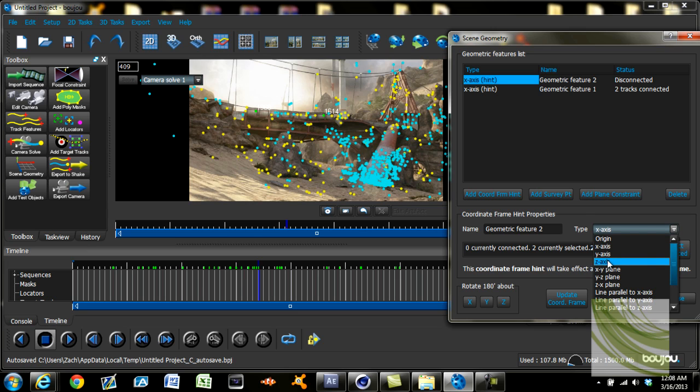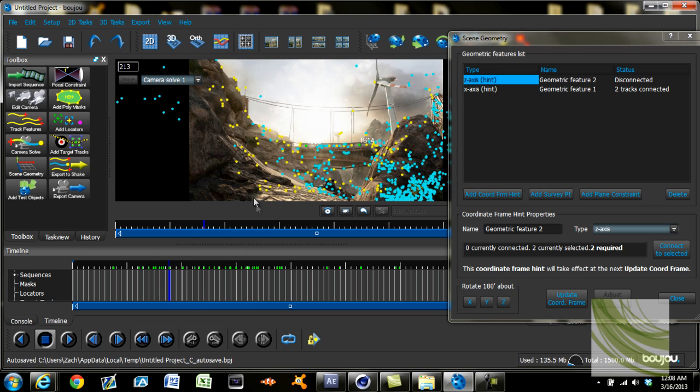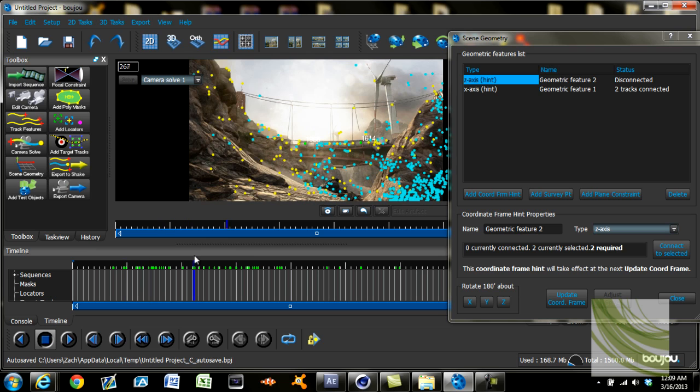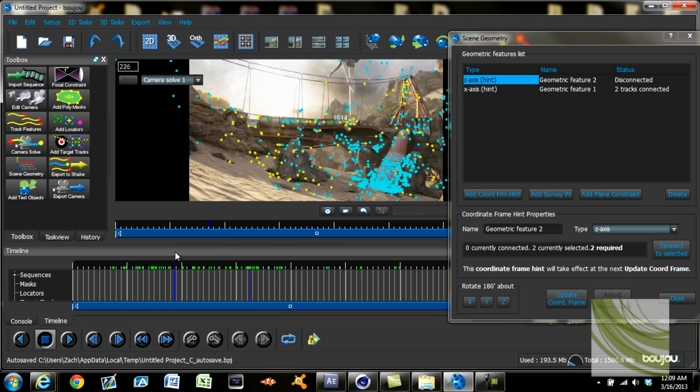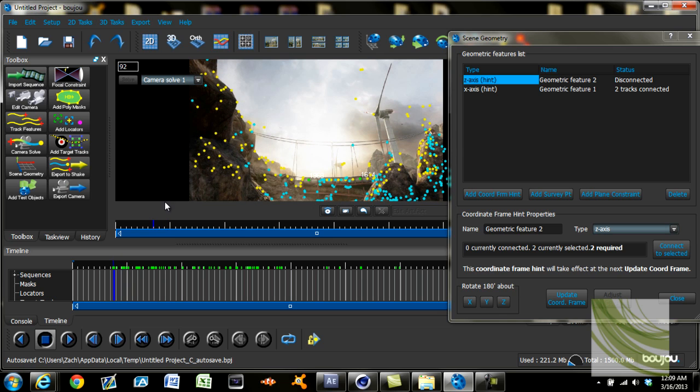The next one we're going to do is the z-axis, and this is from front to back. Z is 3D. When you're walking forward, it would be from point A, where you started, to point B, where you ended. That's the best way I can describe it. So we want to find 2 points that we pass through that are easily in line. The only thing that I can find, truthfully, are